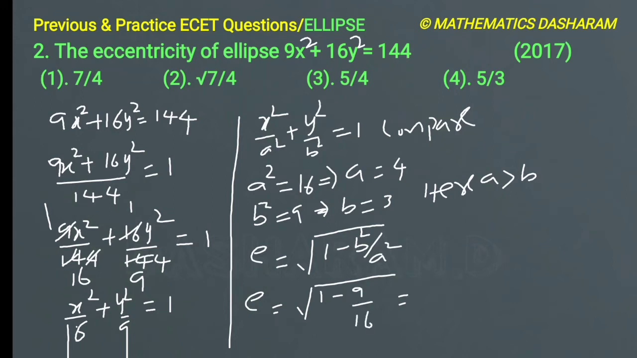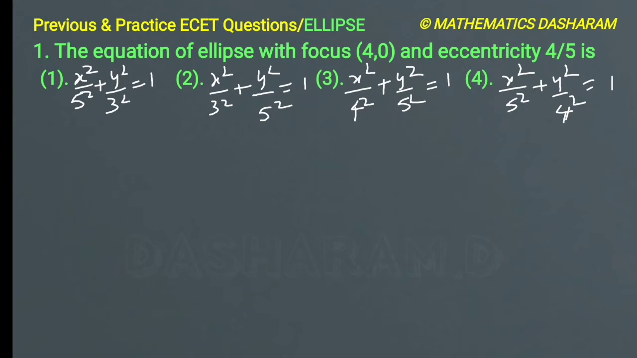Now let's simplify. Here 16 minus 9 is 7, divided by 16, under root. So then root 7 divided by 4. So the eccentricity is root 7 by 4. Option 2 is correct. Next, to practice ECET questions, first one is the equation of an ellipse with focus 4,